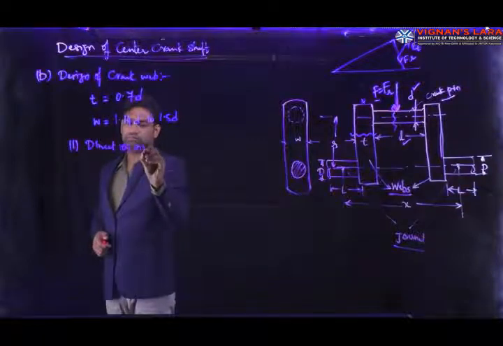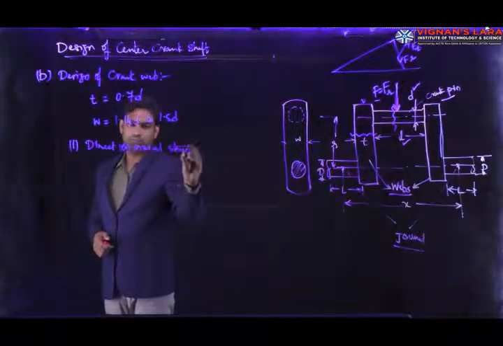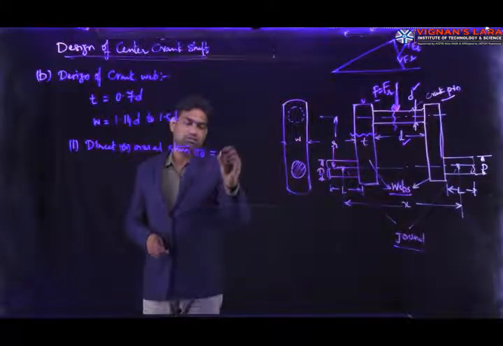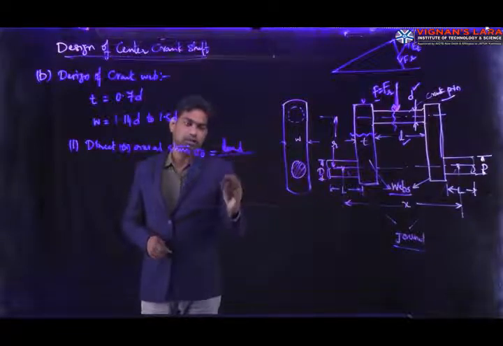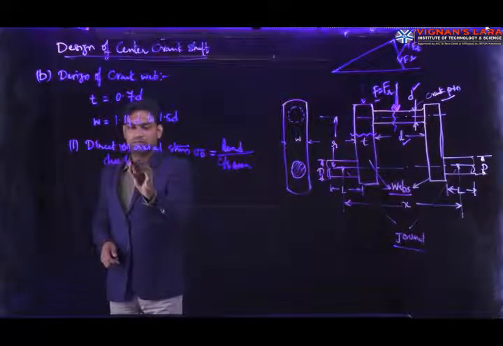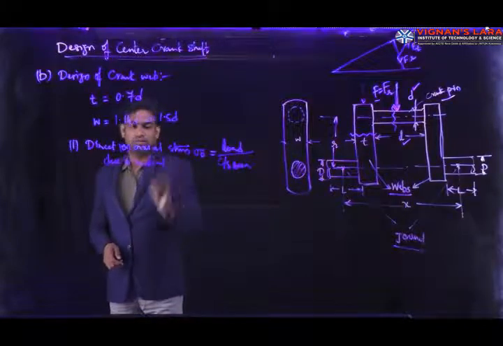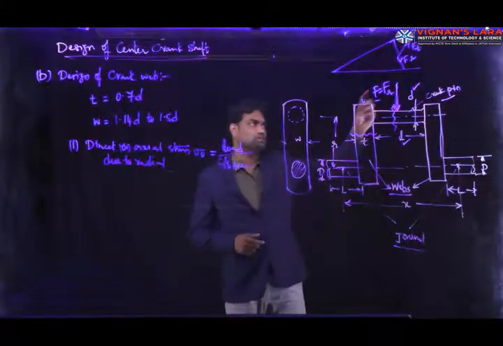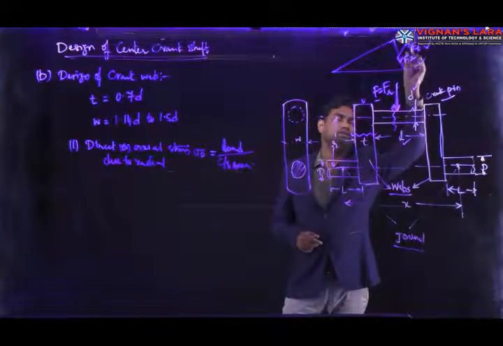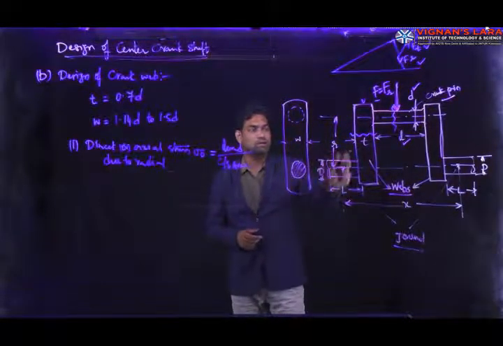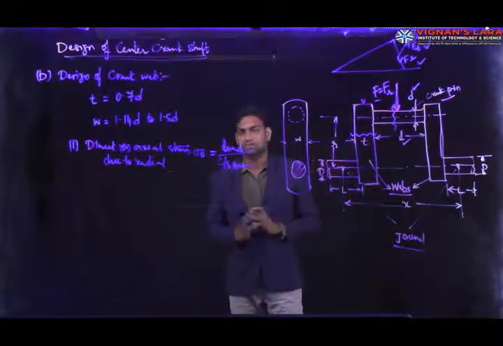Direct or axial stress is denoted by sigma naught. It is determined by means of load by cross sectional area. Here it is a direct stress due to the radial load. In the case of web as well as journal design, we consider the components of forces, that is Fr and Ft. For the design of the crank pin we consider only F, but for the design of the web as well as the main journal we consider the components of forces,